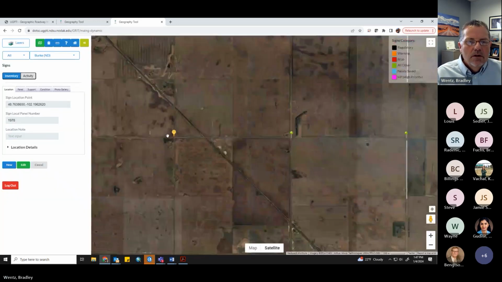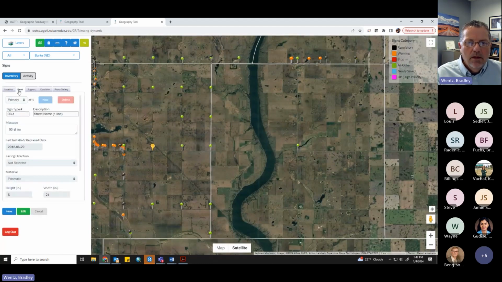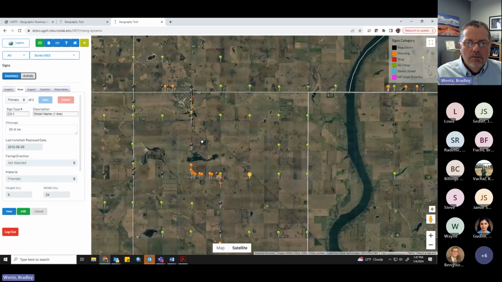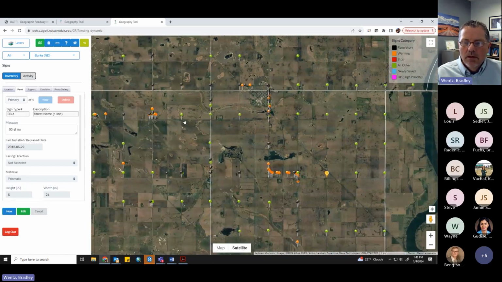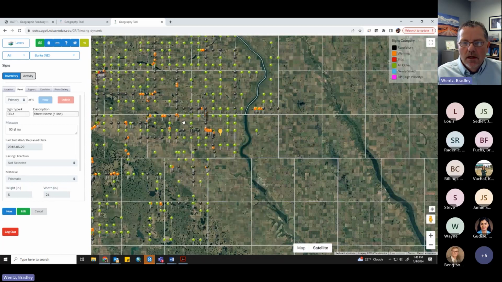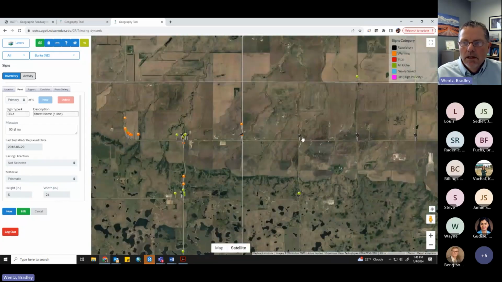So then you just continue on along that road, adding any other signs. So that is pretty much everything, I think I've gone through everything in here. I think there were a couple of things I was going to mention. The data that we converted, for the most part it looks like it converted everything. You may find some that they have missed something, possibly